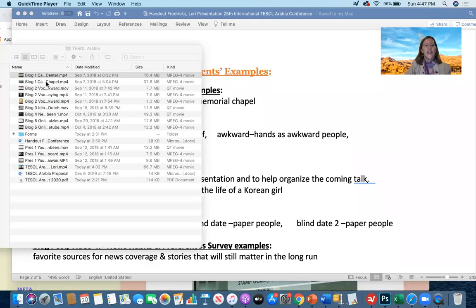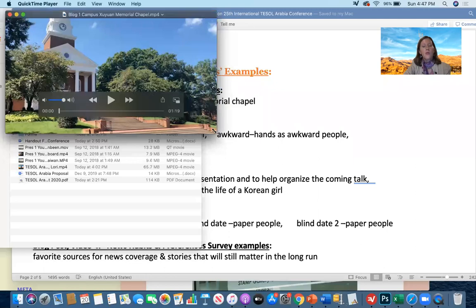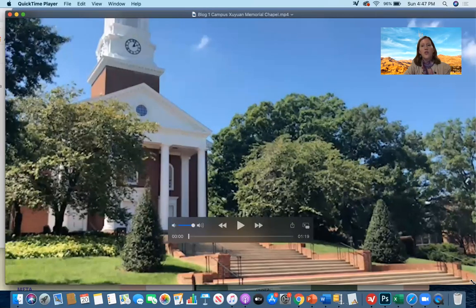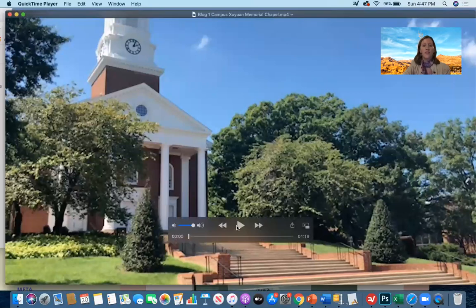Okay. So you can see that she had this opportunity to narrate, of course, and to try to use language that we had been learning from the beginning in class. And this is another student, a very different site, the memorial on campus, and she did a little research about the significance of this memorial. So in her description of this site, she uses some interesting academic language, as you'll hear.